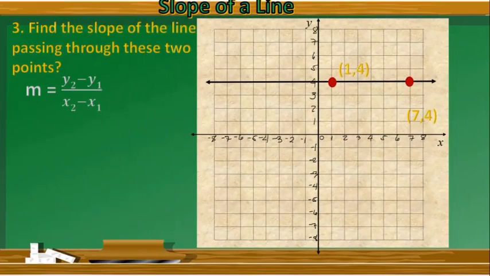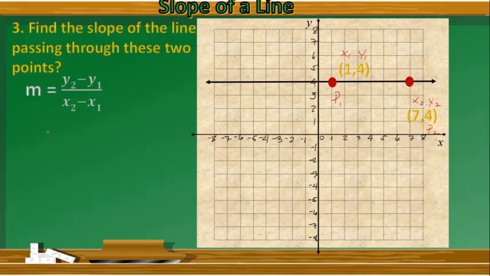As you can see, our graph is a horizontal graph. Let's say this is our P1. This is our P2, point 2. This is our X sub 2. This is our Y sub 2. And this is point 1. This is our X sub 1. This is our Y sub 1.